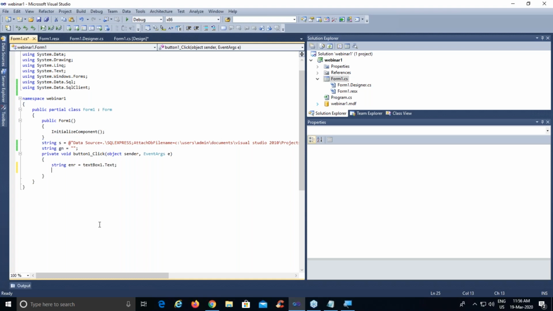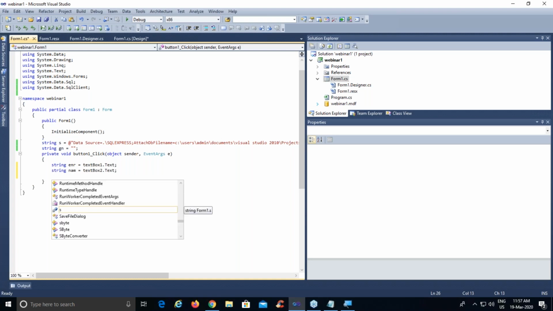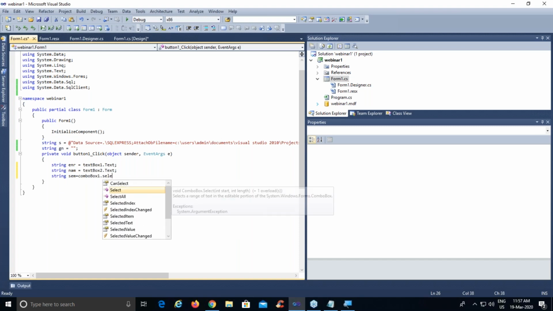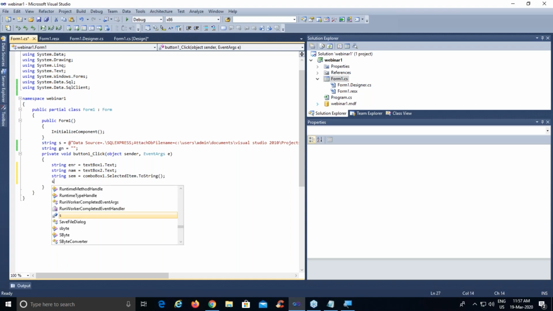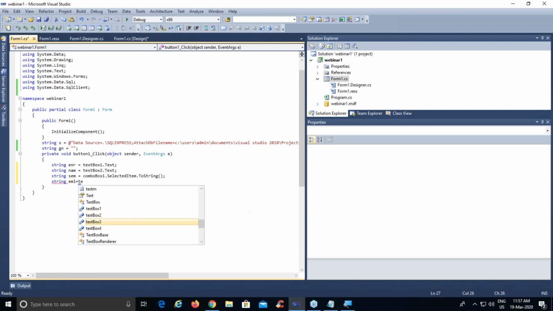Next thing, we have a semester. So say string sem equals to comboBox1.SelectedItem.ToString. Then we have string email equals to textBox3.Text.